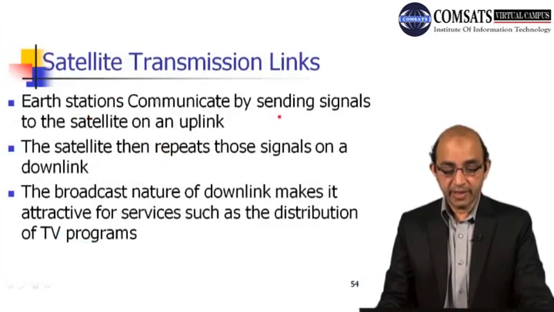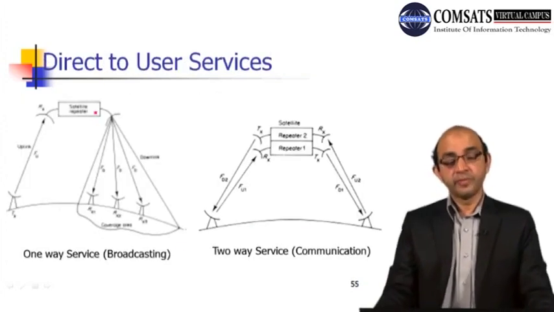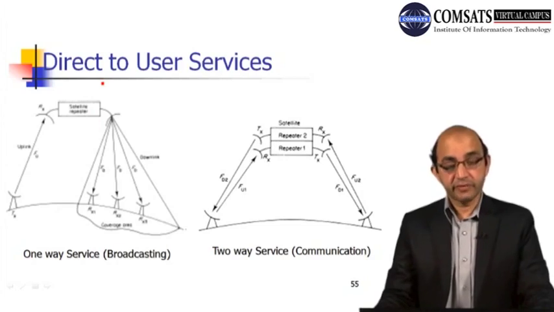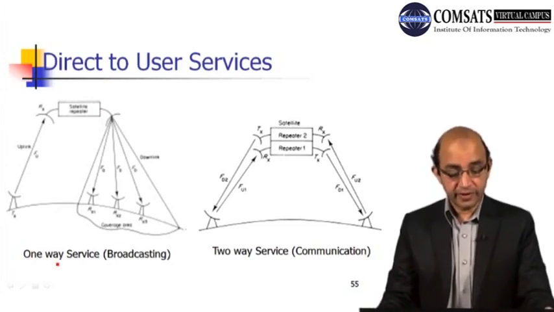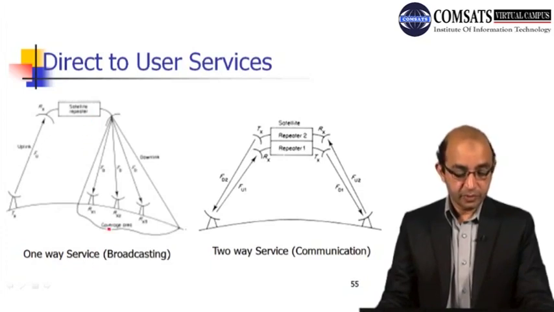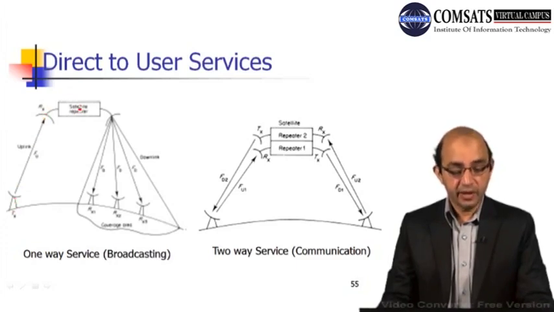Here we have shown satellite transmission links. A station communicates by sending signal to the satellite on uplink, and then downlink. Downlink makes it attractive for services such as the distribution of TV programs. Here we have shown direct to user services, right? On the left hand side of your screen you can see one-way communication. We have broadcast. This is uplink. This is the base station, so the satellite will receive the data, and then it will broadcast to the rest of the